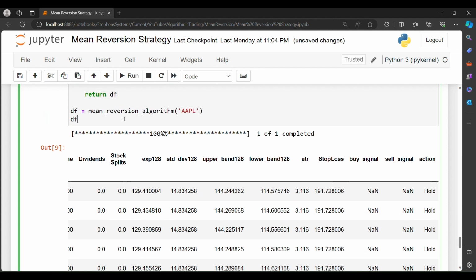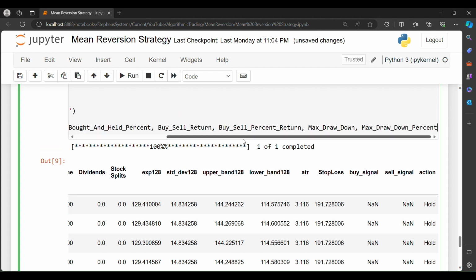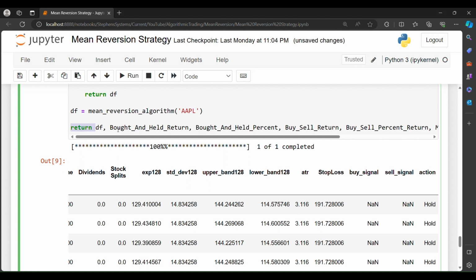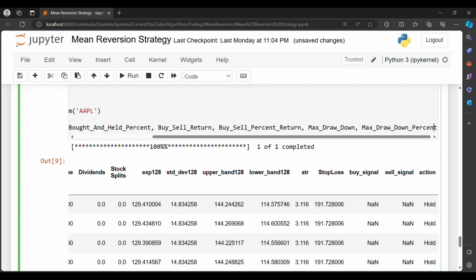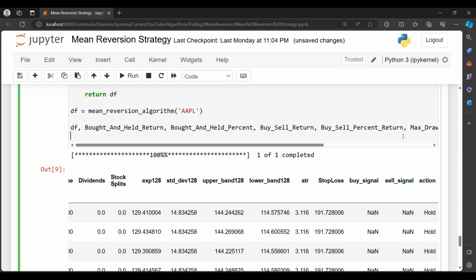So when we go back to our buy sell signals, I want to gather these values from the backtesting that we created, the backtest function. So I'm just going to say backtest data frame, right? So if I run this,